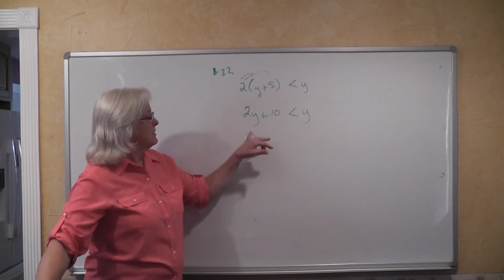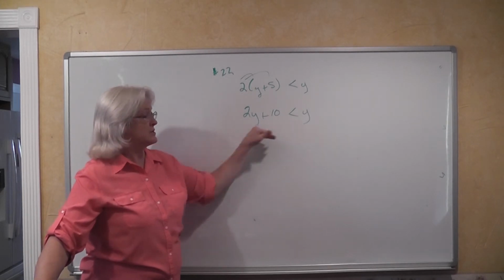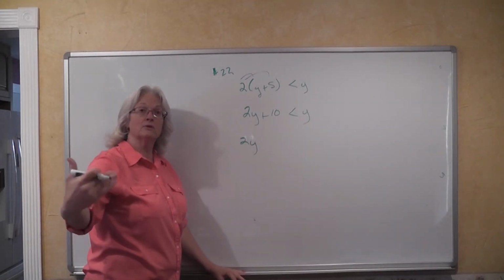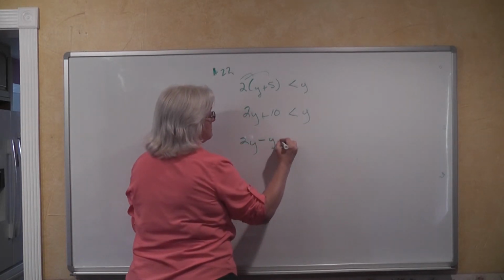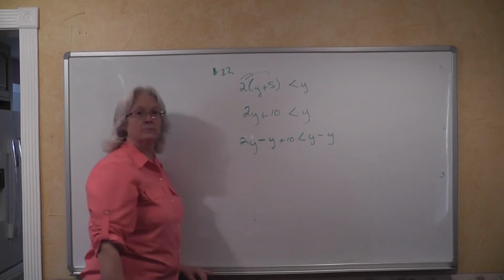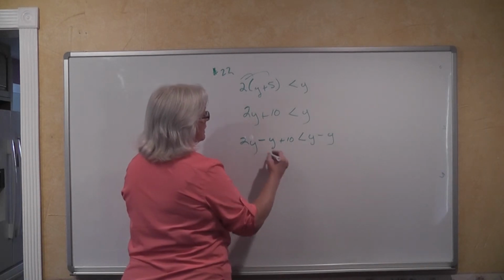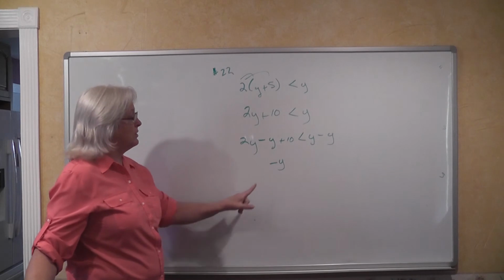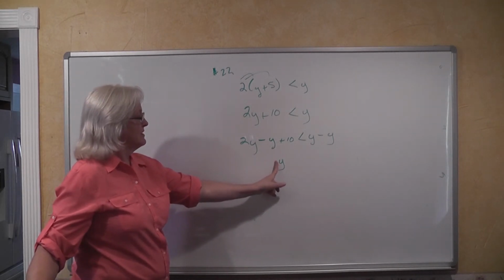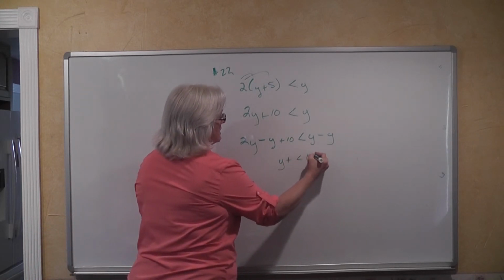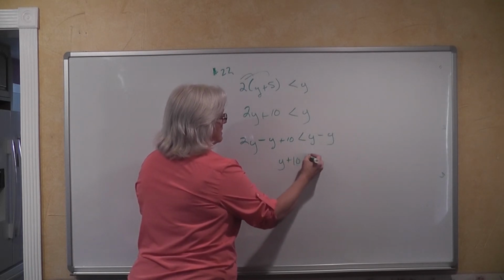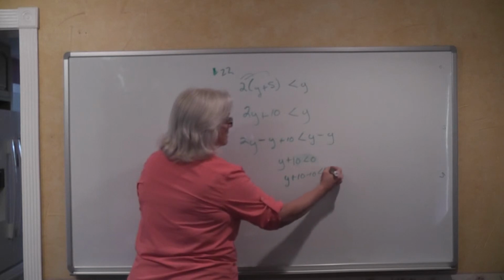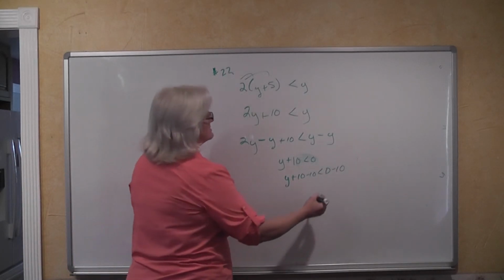Now what do we have to do? We have y's on both sides of the inequality. We don't want that. So let's go ahead and collect our y's on the left-hand side. In order to do that, we're going to have to subtract the y from both sides. 2y minus y plus 10 is less than y minus y. What do I have now? 2y minus 1y is a positive y, isn't it? So we have y plus 10 is less than 0. We subtract 10 from both sides of this inequality, and we have that y is less than